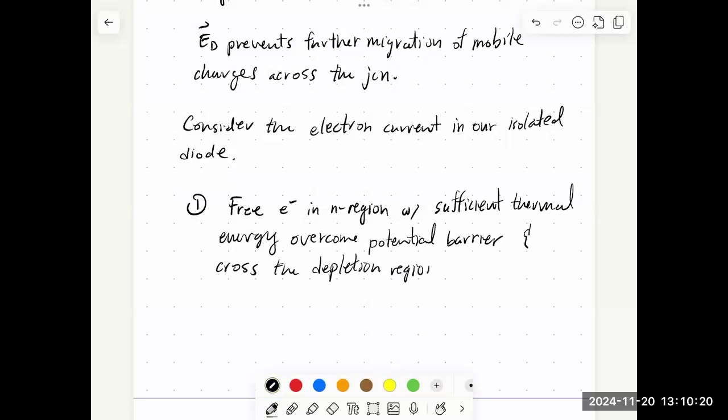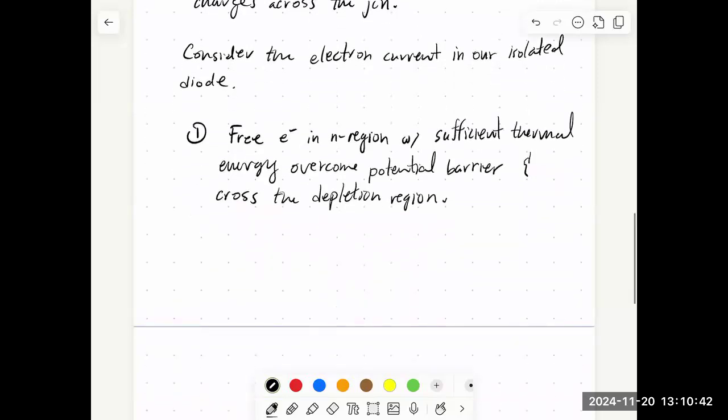If you want, you could have a little picture. Imagine some balls bouncing around, and the depletion region is like a little hill. Some of the balls get bounced towards that hill, go up partially and come back down. Some of them get bounced and actually cross the hill and go over to the other side. Okay,